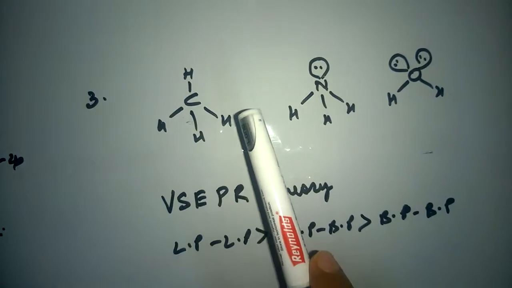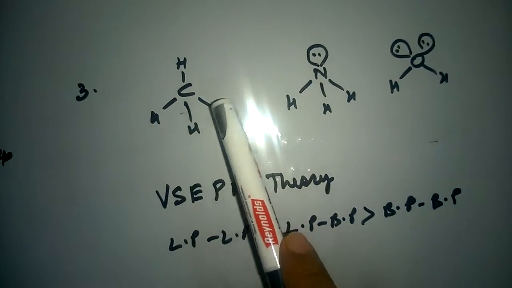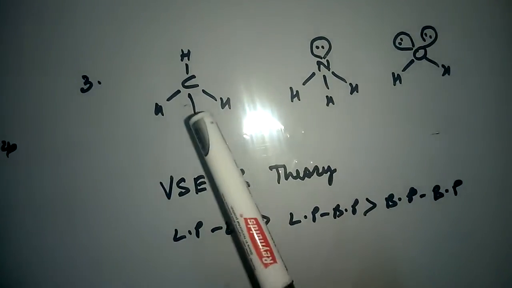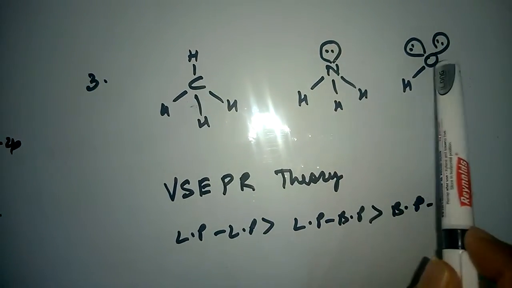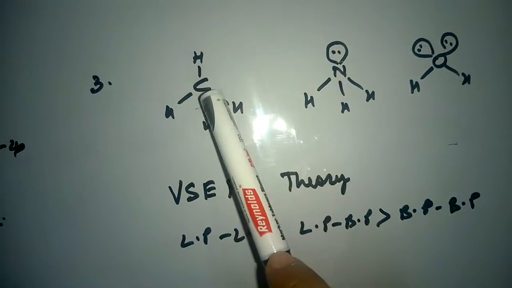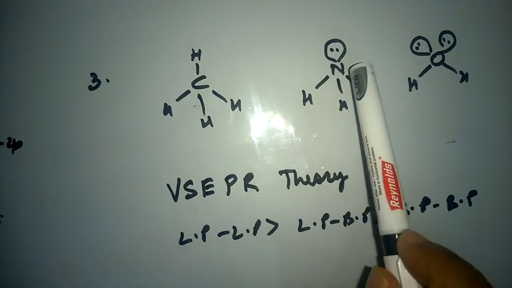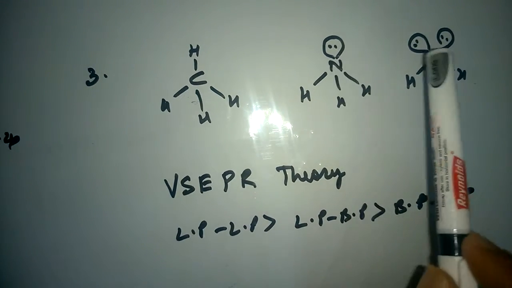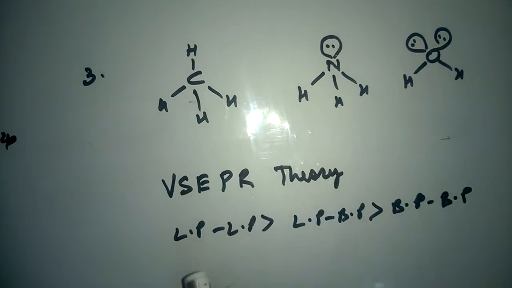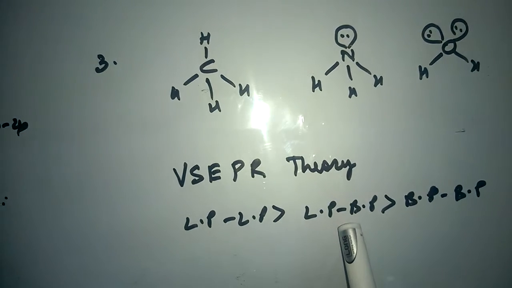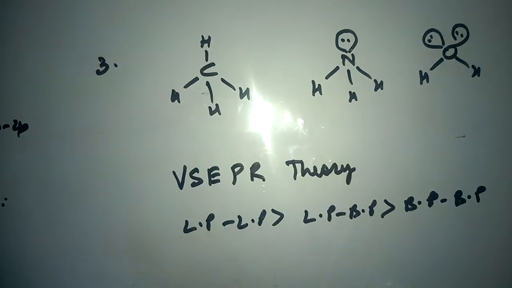In the next question, we are asked to arrange the bond angles in methane, ammonia and water. In all these three cases, the central atom is sp3 hybridized. But in case of methane, there are all bonds. In ammonia, one bond is replaced by a lone pair. In water, 2 bonds are replaced by lone pairs. Now, VSEPR theory suggests that lone pair repulsion is stronger than lone pair bond pair repulsion, which is stronger than